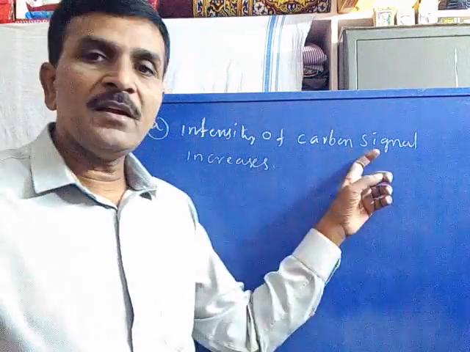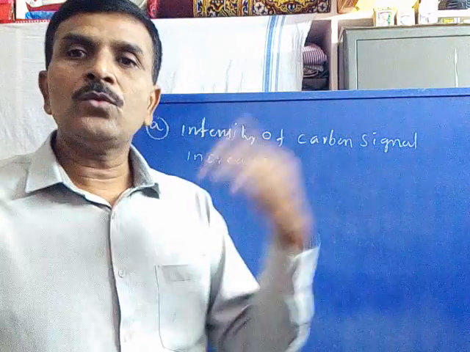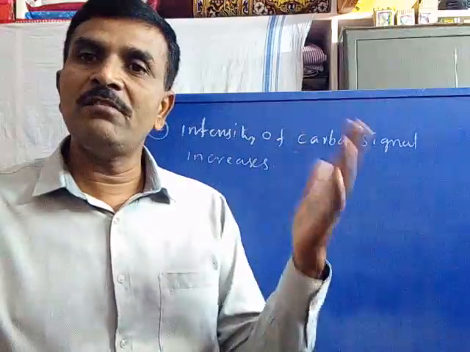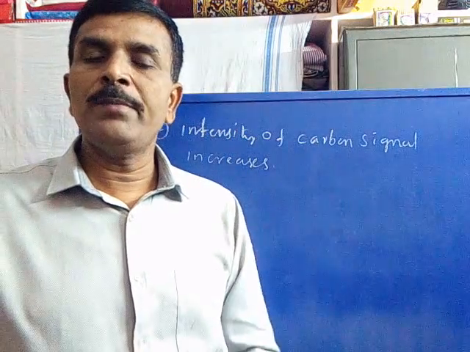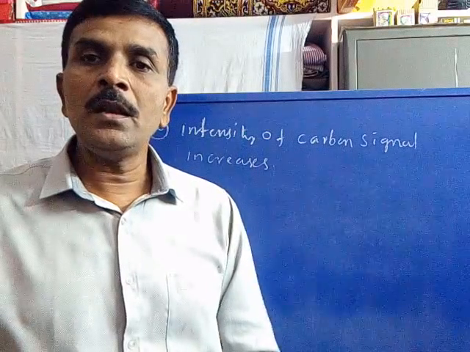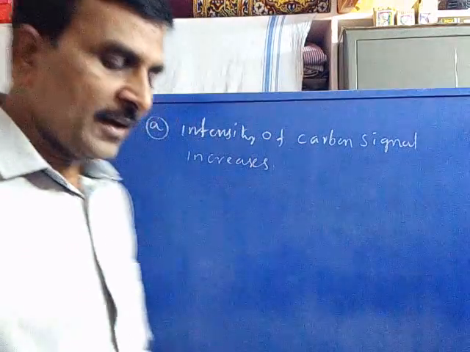So the intensity of carbon signal increases, so that we can easily integrate like a proton signal integration. This is one way it helped. The transfer of magnetic field helped to improve the intensity of carbon signal from the spectrum. Now in the second way,